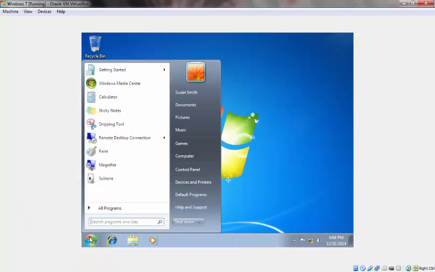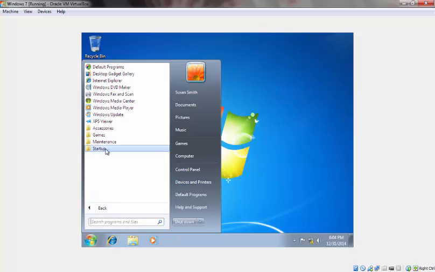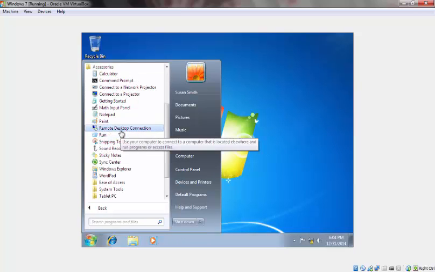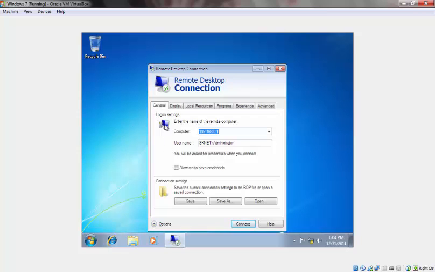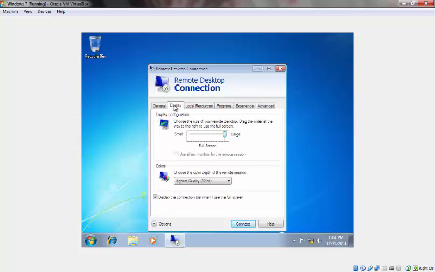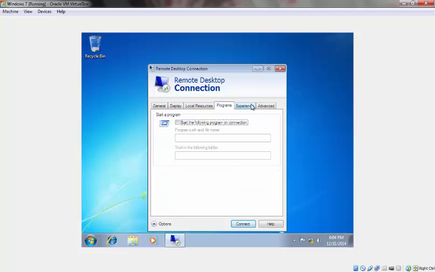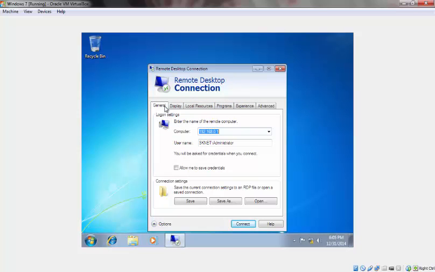You're going to hit on Start on the virtual machine, and you're going to go to All Programs, Accessories, and then Remote Desktop Connection. What this will do is take you to an interface that allows you to remotely connect to the PC that you have allowed for incoming connections. You're going to see here there are some options that allow you to change the display and local resources. What these actually do is help you bring in some of the additional resources and the display and programs and so forth that you would have had on the server machine itself,